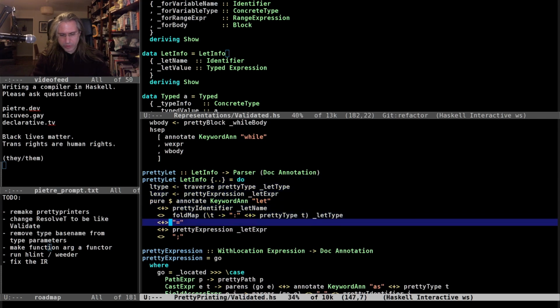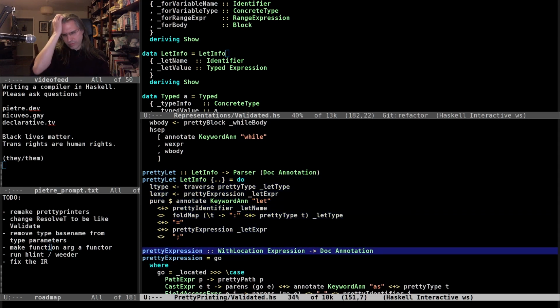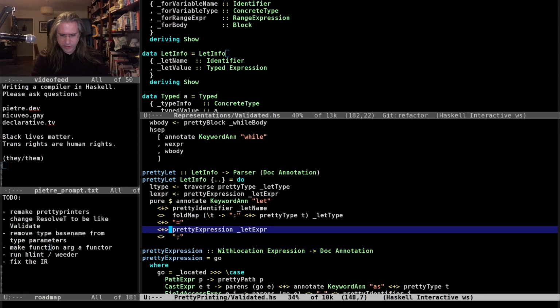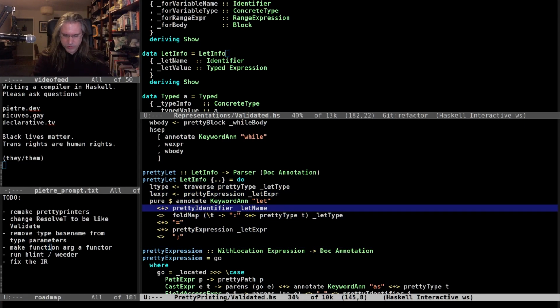I think I'm probably gonna stop here and come back with my mind a bit clearer because I am tired. But I think the point I want to do here is this going to be an annotate of a let annotation. So I will know that this is where this variable is declared, so we can do the syntax highlighting.